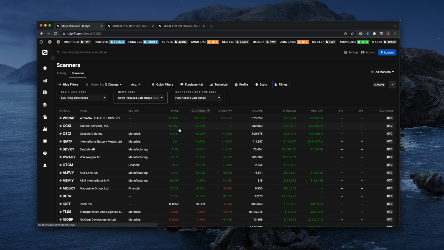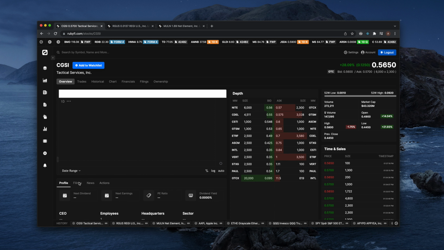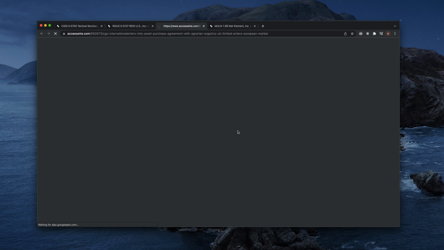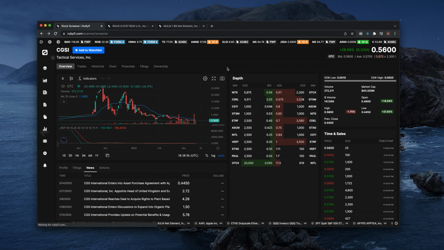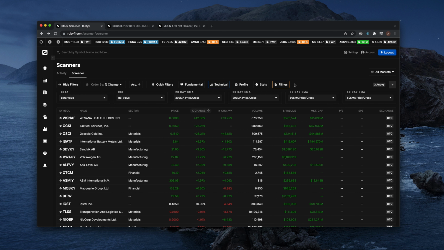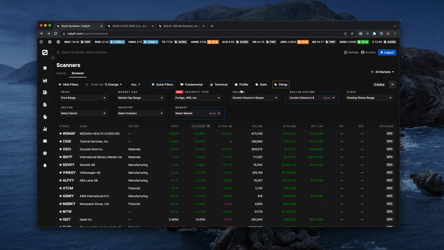Maybe that's something I want to look at later, or look at now, and see what that press release is. So we can open it up in another page, and you can look into that. And I can have a couple of these tabs open at the same time and look through some of these options. So some of the ones that I find the most useful, obviously the dollar volume ones, we can reset